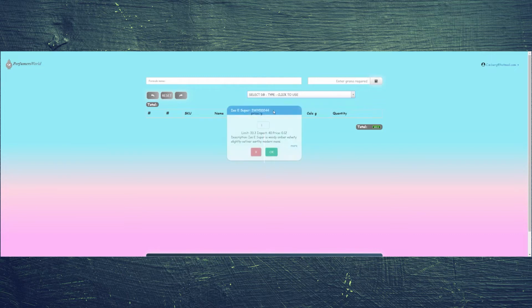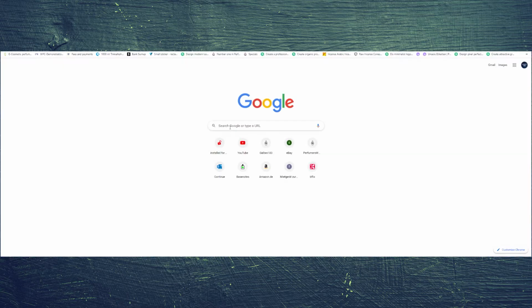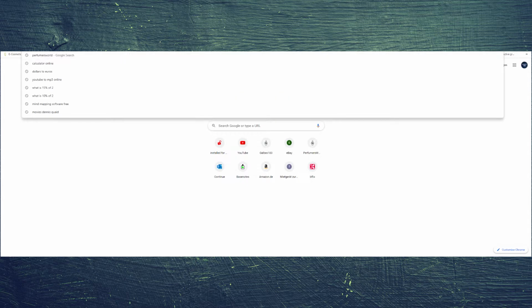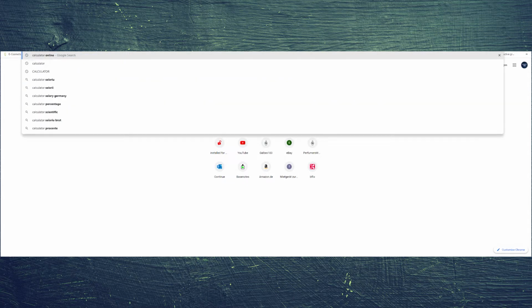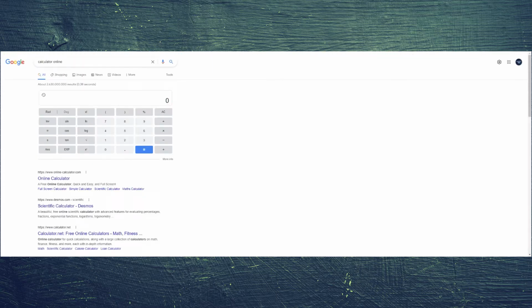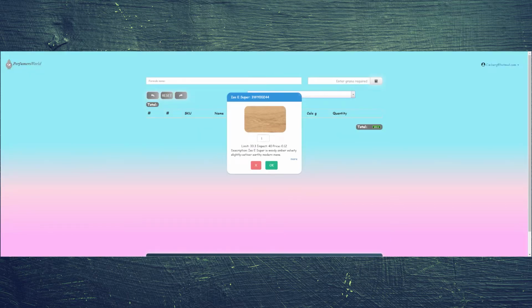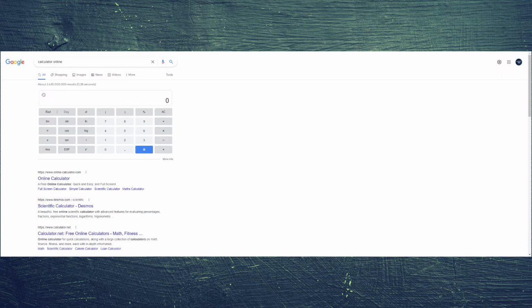So we'll take ISO-E Super and we'll get an online calculator. And we'll go off the relative odor impact of each oil. And that's how we will decide how much of each oil to use. Now, when you bring up a material, you get a little bit of information on that material. And here we have the relative odor impact, which in the case of ISO-E Super at full strength, has an impact of 40. So what we need to do is 100 over